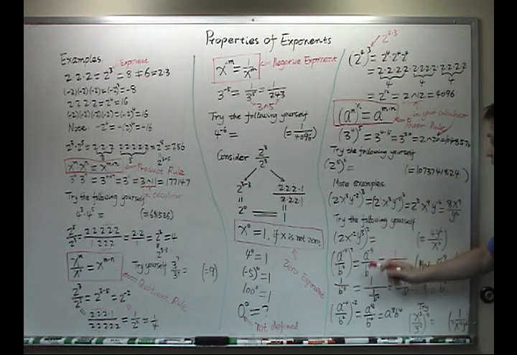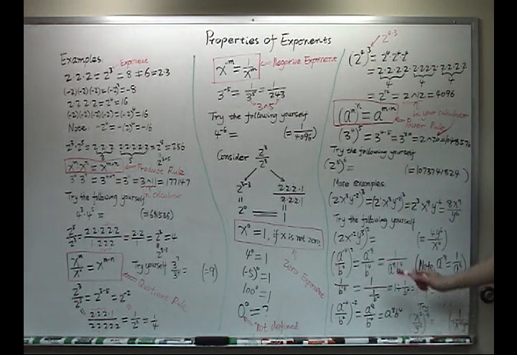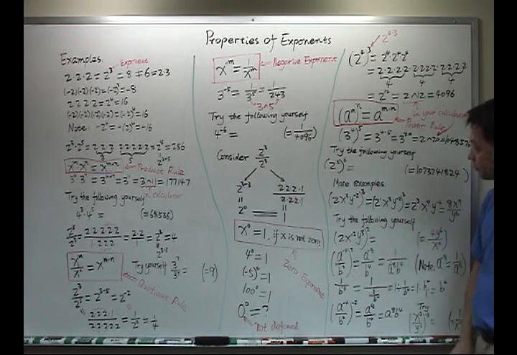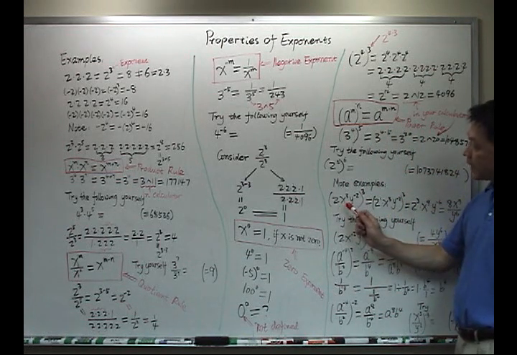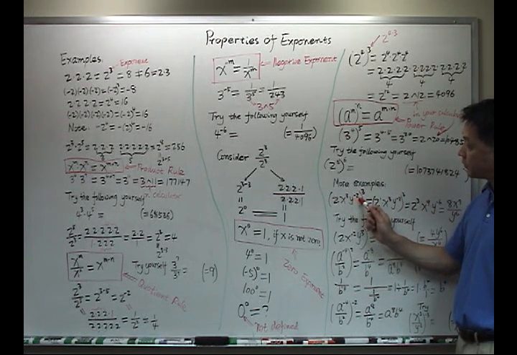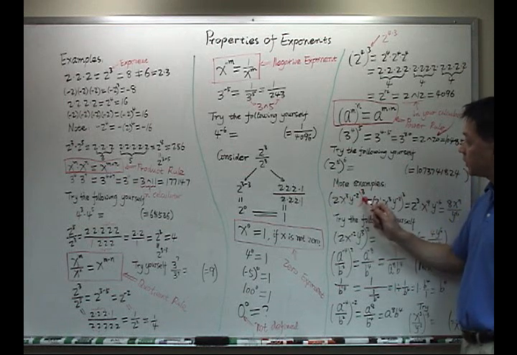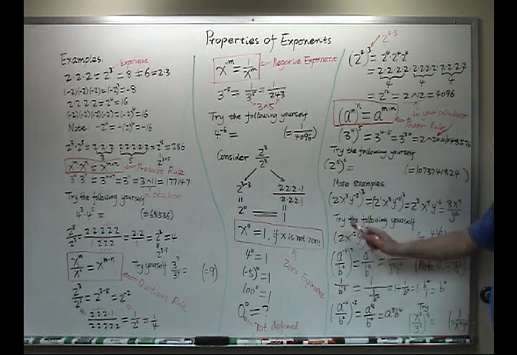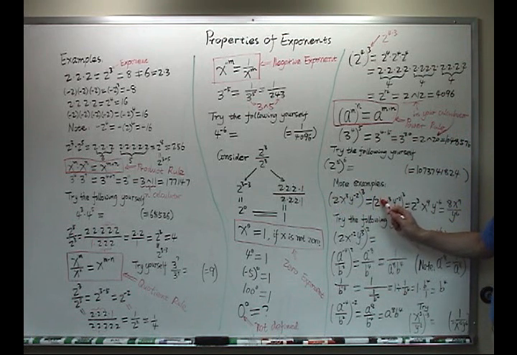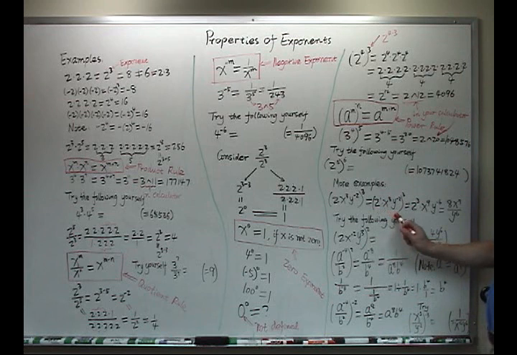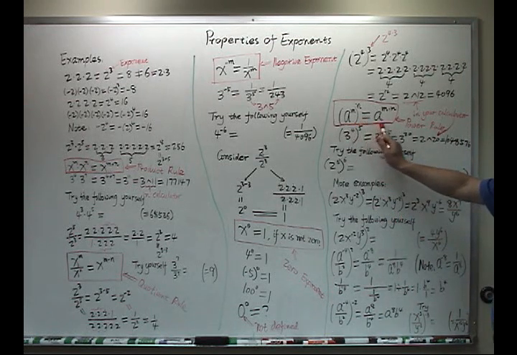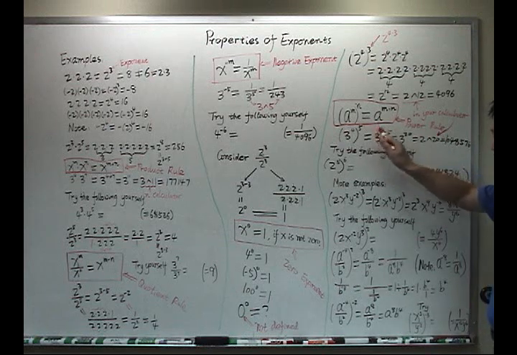Okay, to do the following things. Let me do the first one for you: 2 times x cubed times y to the negative 2, the whole thing cubed. You know, 2 is 2 to the first. The exponent is 1. I write it this way because of the power rule right here,